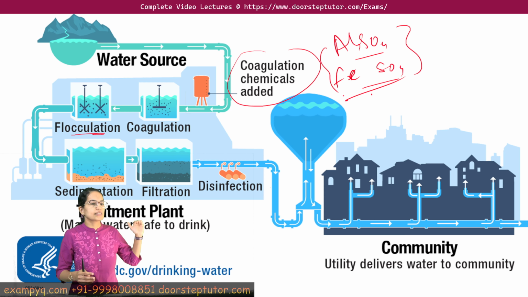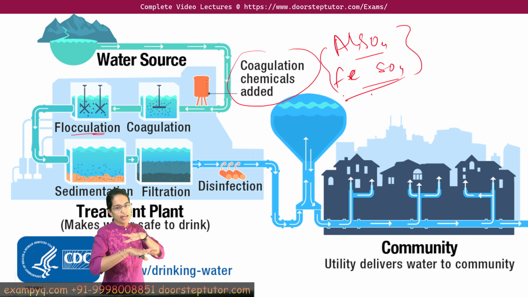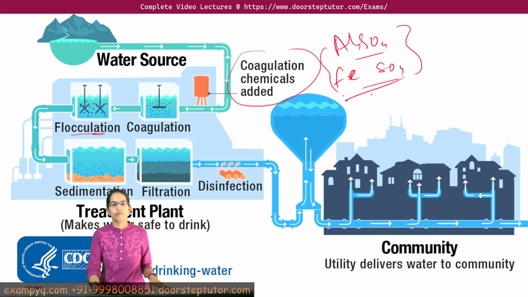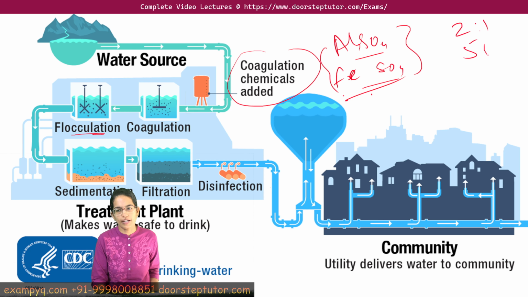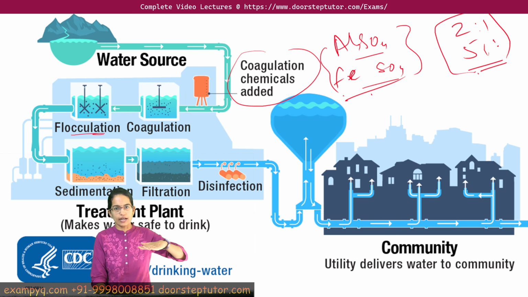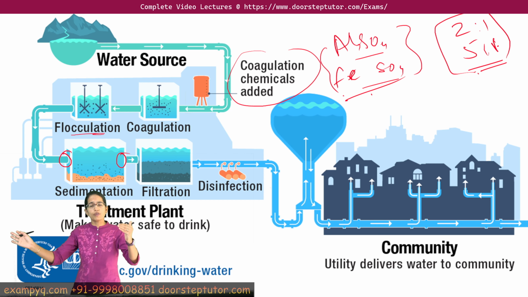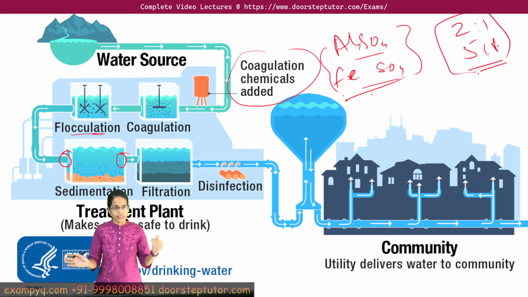The next is the process of sedimentation. The heavier particles are allowed to settle due to gravity on the tank surface. Usually the length to width ratio is 2:1 or 5:1, and this helps to settle down the impurities. Also, it is important to note that the input end and the output end should be on opposite sides for sedimentation. So the input of the water and the output of the water should be on separate sides.